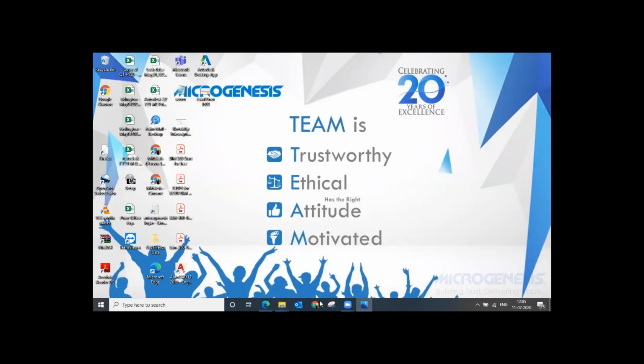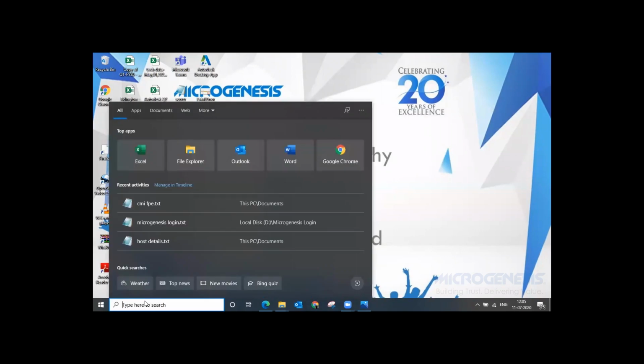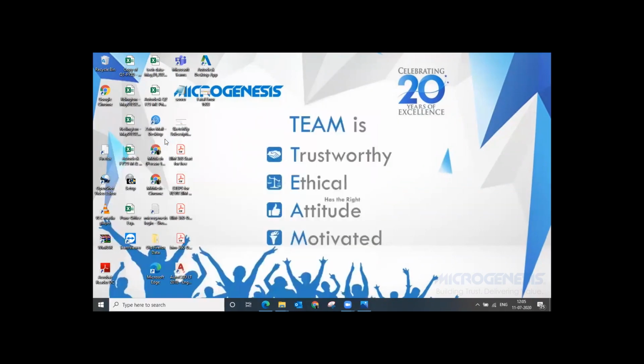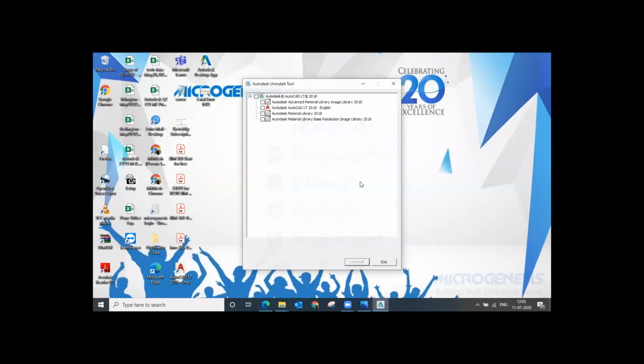Firstly, you need to go to the uninstall tool app. We need to completely uninstall the Autodesk related software that we need to install or uninstall. By clicking on this, we need to completely uninstall it.